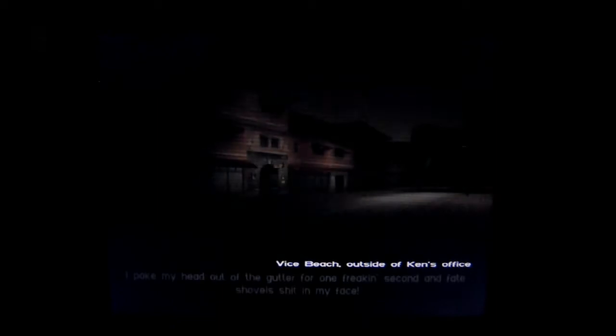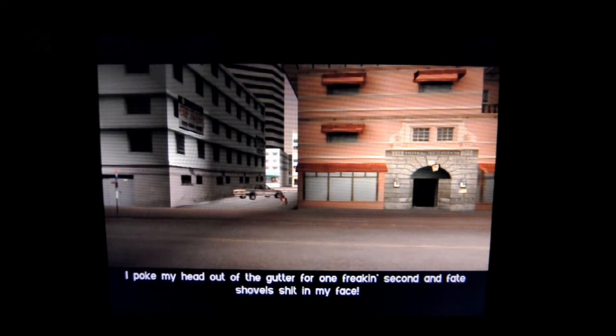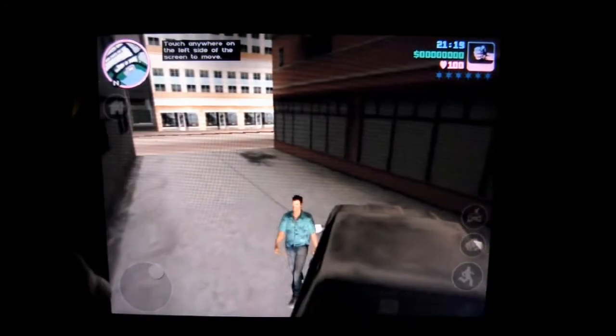Tommy Vercetti? Shit. Didn't think they'd ever let him out. He kept his head down. Helps people forget. People will remember soon enough. I poked my head out of the gutter for one freaking second and fate shoveled shit in my face. Go get some sleep. What are you gonna do? I'll drop by your office tomorrow and we can start sorting this mess out. Show me some